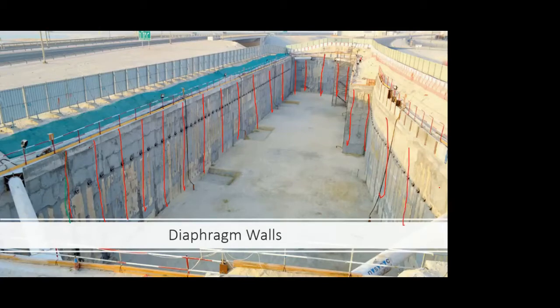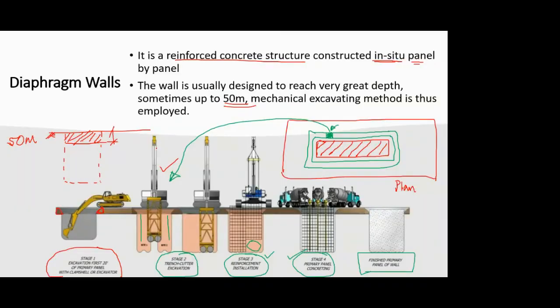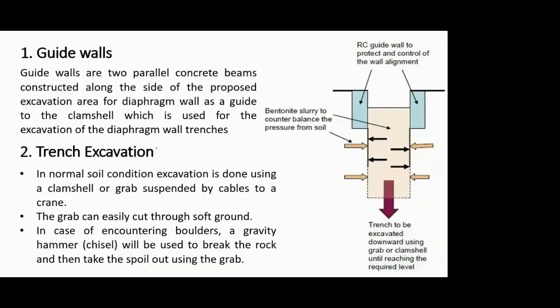So diaphragm wall is actually not the main construction for any site. Diaphragm wall is just a helping technique, a helping hand to whatever is the main construction. So in this photo, I told you that the main thing was to excavate this area. To do that, in order to support that soil, the diaphragm wall was constructed. All right, so this is in short what I told you. And now what I have done is I have written the main stages or processes in the construction of a diaphragm wall.